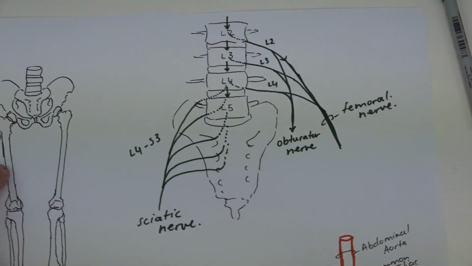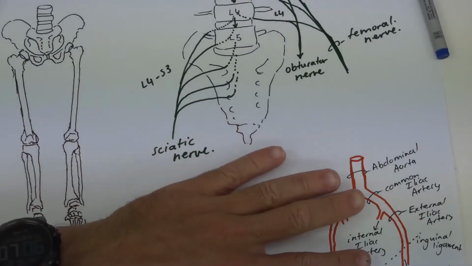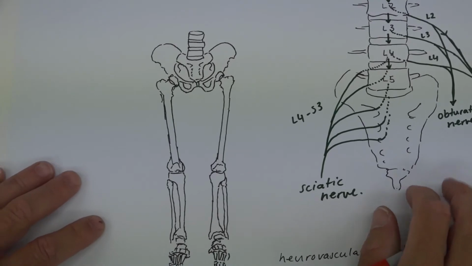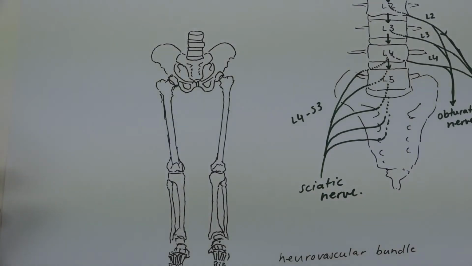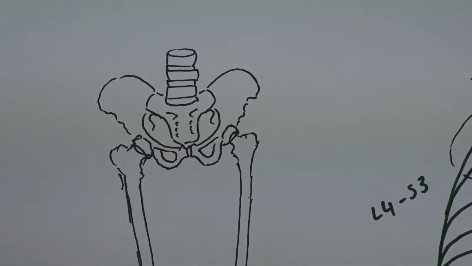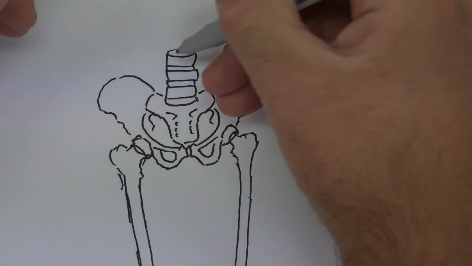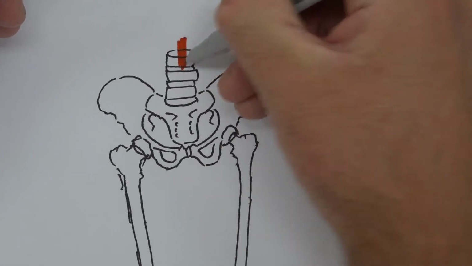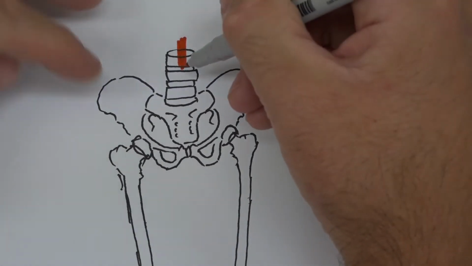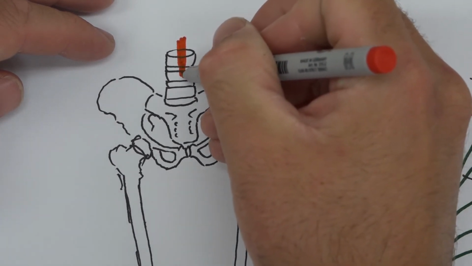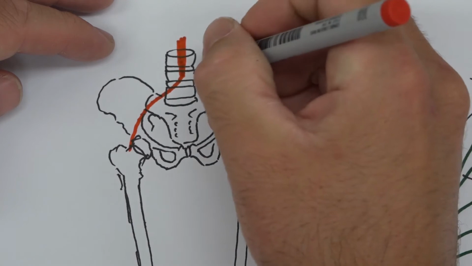Now if we use the smaller drawing here to try and put some of this in perspective, what we can do is, if we follow the artery down, we'll talk about some of the landmarks and some of the name changes that you would get in each individual component. Right, so we said before that the large abdominal aorta would be passing down the midline, just anterior to your vertebral column. It then gets to your lumbar vertebrae, the fourth one, and splits and heads out towards